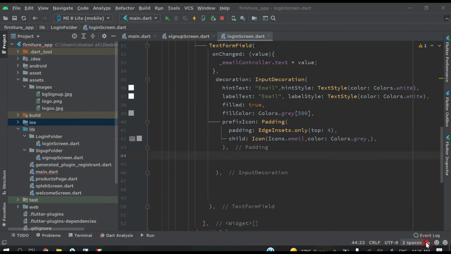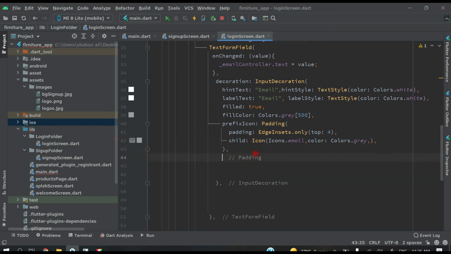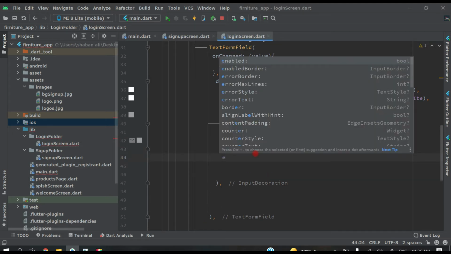After this padding here, let's give the border to our text field.